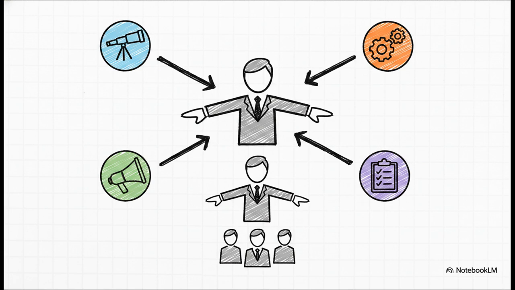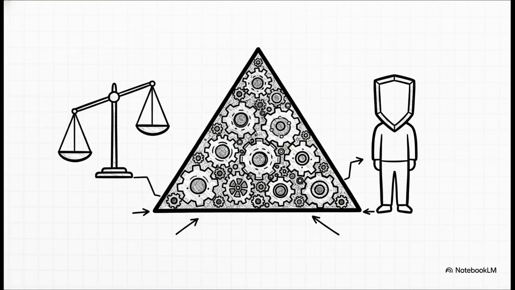Actually, unity of command was a massive breakthrough. It simply meant every employee should receive orders from only one superior. Imagine the everyday disaster of having two different bosses screaming totally contradictory orders at you on a noisy factory floor. Fayol's rule fixed that. Rounding out the classical school, we've got Max Weber's bureaucratic organization.